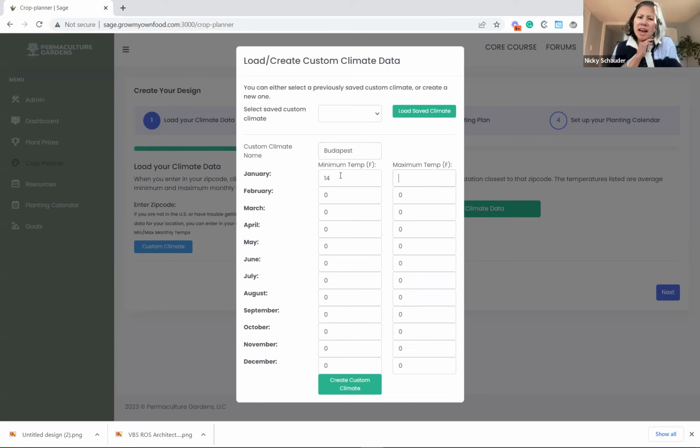So how do you do this? High and lows or the average? Yeah, high and low. So what's the lowest temperature on average that you would get in January? And what's the highest temperature on average? So in January, it's 29. And highest is 38. Okay. And then it's